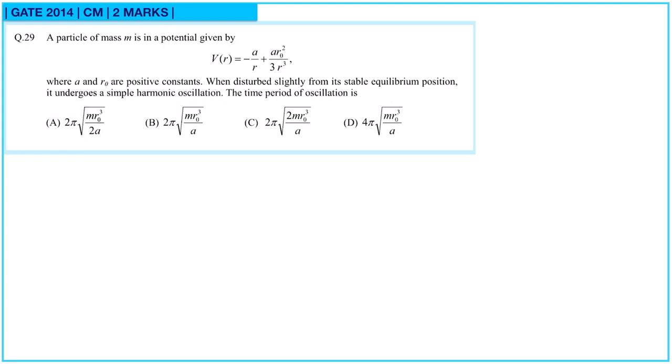Next question. A particle of mass m is in a potential given by V of r, where A and r naught are positive constants. When disturbed slightly from its stable equilibrium position, it undergoes a simple harmonic oscillation. The time period of oscillation is? V of r is given. Now dou V by dou r is equal to minus 1 by r. So it will be plus A r square